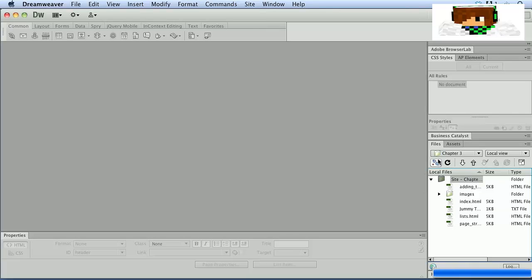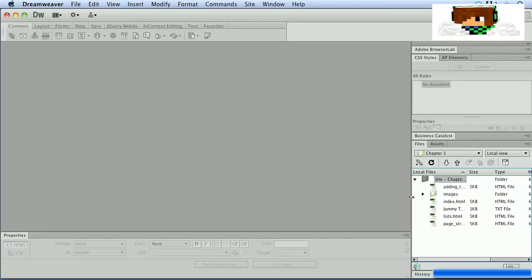And you'll notice right away that over here in our Files panel, we're now working with the Chapter 3 site that we defined a few seconds ago. You'll also notice that in the Local Files section here, this is all of the files that have been added to our website, or at least the files that exist inside of that local folder right now. You can rearrange this panel. You'll see if I hover over the left edge here, I can open this up a little bit, and then you can rearrange the columns